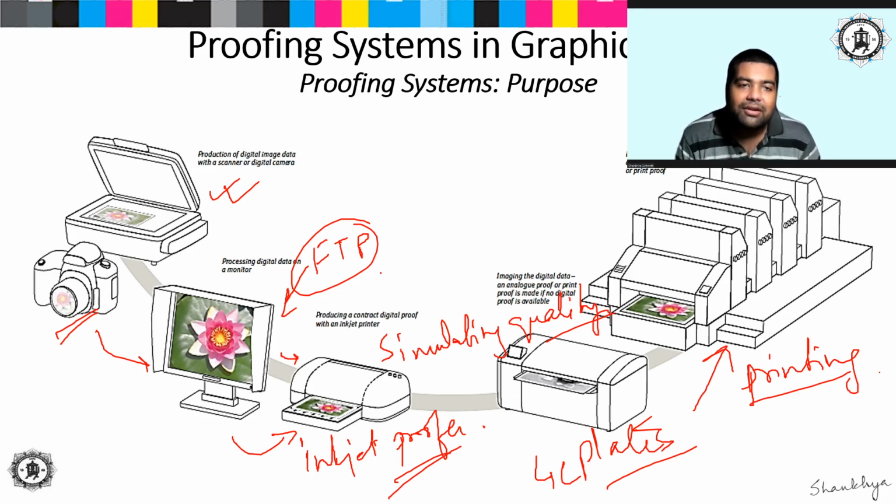Because if you remember our half-tone classes earlier, we had talked about that image quality being system dependent. So naturally, if you are printing a proof using an inkjet printer and the original print is printed through offset machine, how come their quality be same? Yes, this is a very important question.